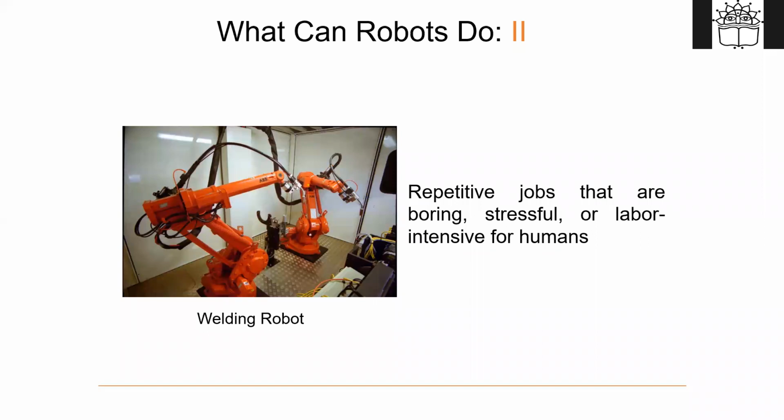A human may find it boring when compared with a robot. He may want a break. Let's say after half an hour, or after 3 hours, he will say that he wants a tea break, a lunch break. A robot doesn't want a tea break or lunch break. A human cannot work in 3 shifts, but a robot can work in 3 shifts. So even if the job is boring, repetitive, stressful, or labor intensive, humans will have difficulty, whereas robots will not. The productivity of robots is very high in comparison to humans.